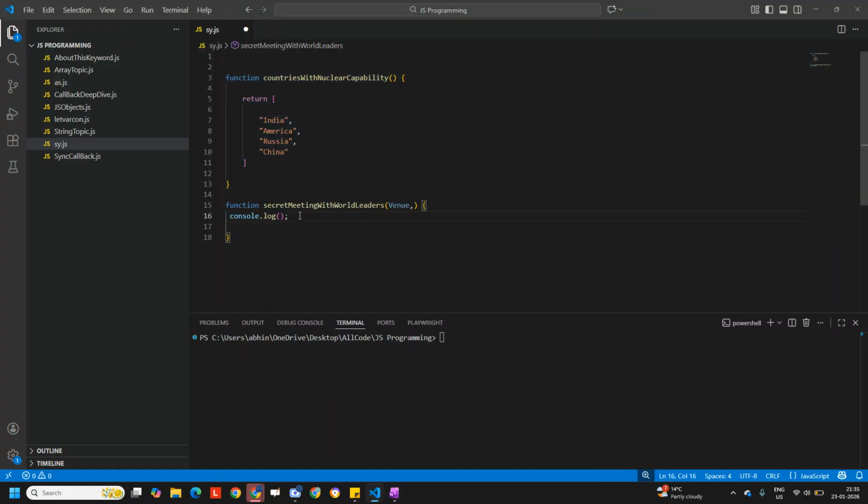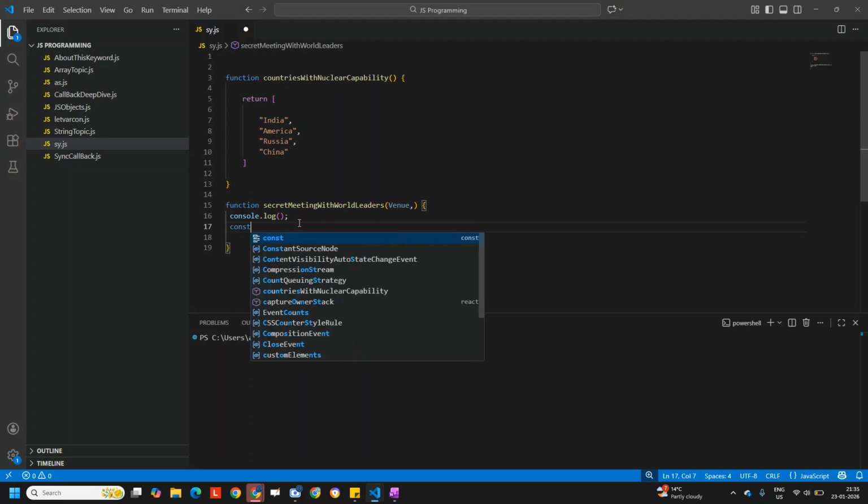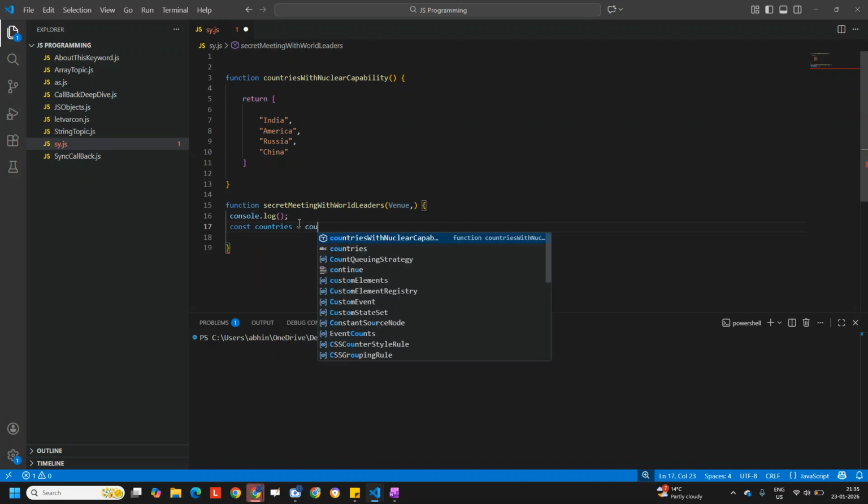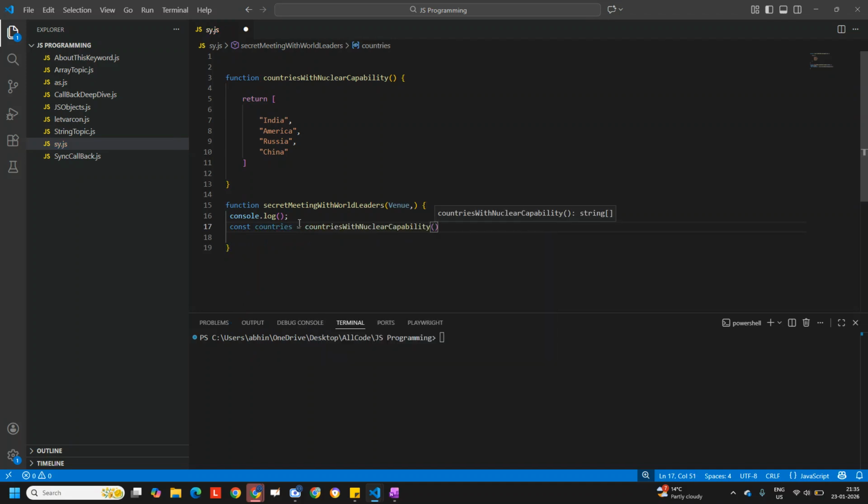So allow me to store this function in the form of a variable. Again, I'm going to do the same thing in front of you. So const is equal to countries, and it is just returning me the list of countries, the countries with nuclear capability. So the outcome of this particular function is stored in the form of a variable, right? And I'm just going to print it out. That is the list of countries. Okay, and over here I am going to mention that